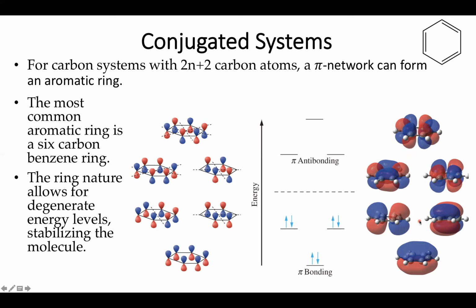And you're going to see a lot of this if you go on to do organic chemistry, because the power of these resonance structures and these distributed electrons is really going to power the stability of some of the most popular compounds in chemistry. However, next time, we're going to go ahead and change to a completely different topic